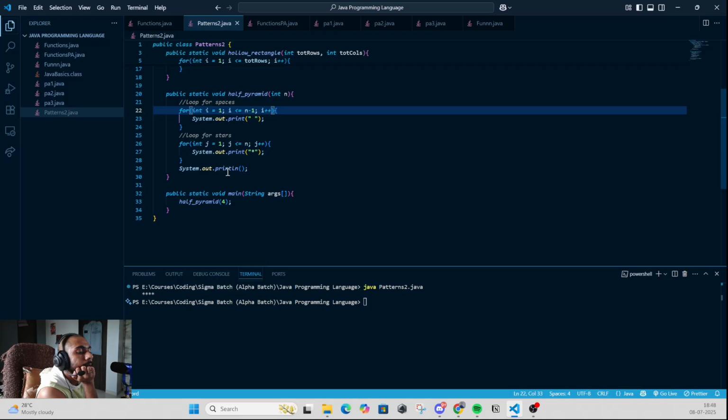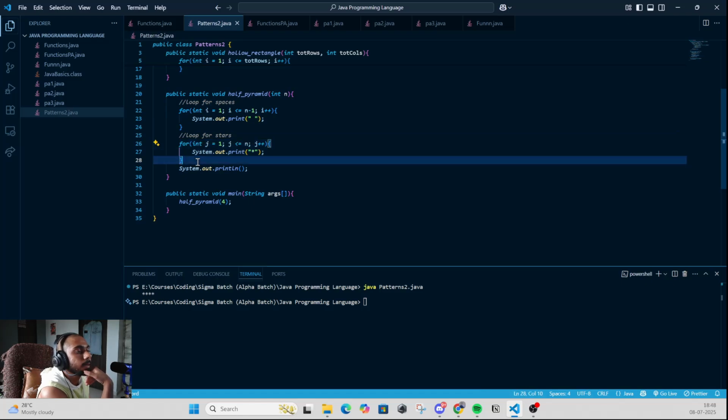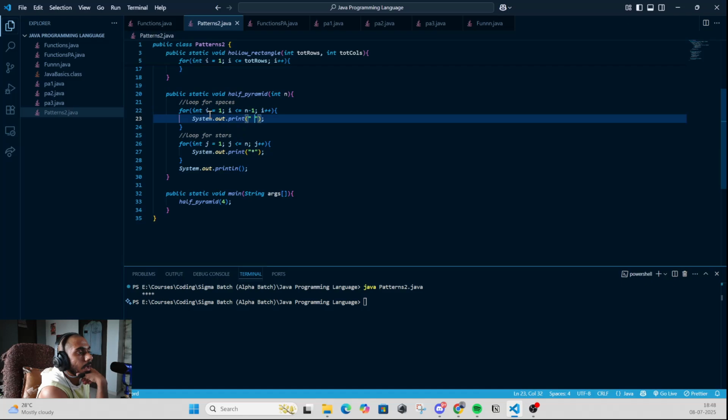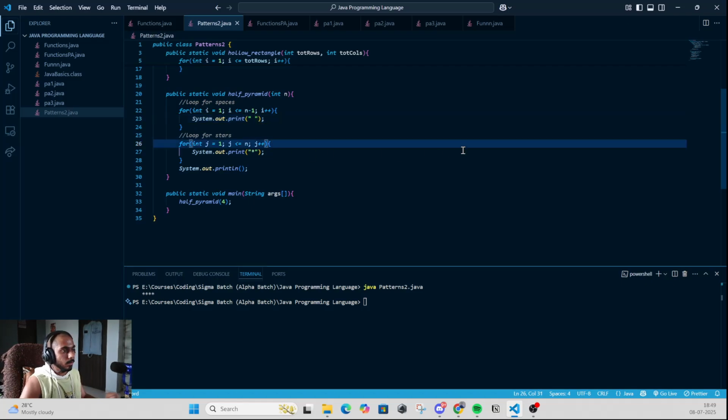okay. I think what it does is it prints 4 empty spaces, and then it is printing stars or something, right? But it should not exit the for loop, right? It should print a space for I is equal to 1, then I is equal to 2, and I is equal to 3. So 3 spaces, and then the condition will be I will be 4 and n minus 1 will be 3. So it will exit the loop, and then it will move on to the stars loop. So, okay, I think here is the problem. We are doing j is less than equal to n,